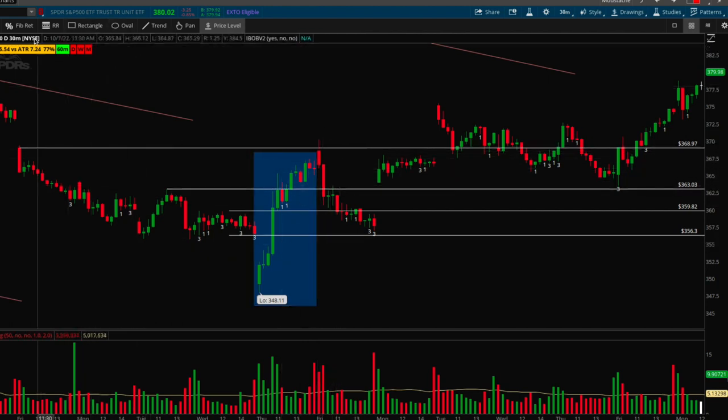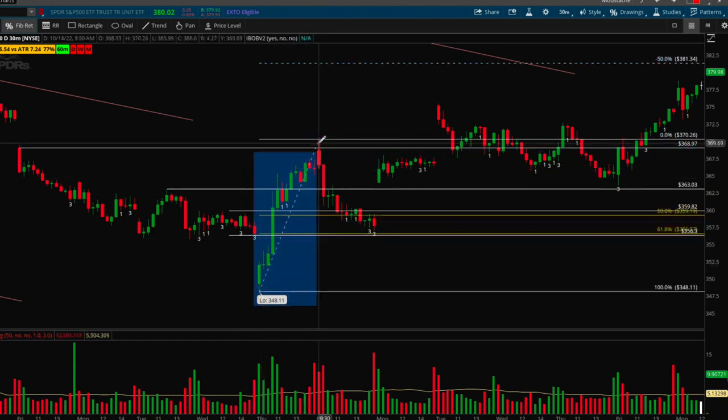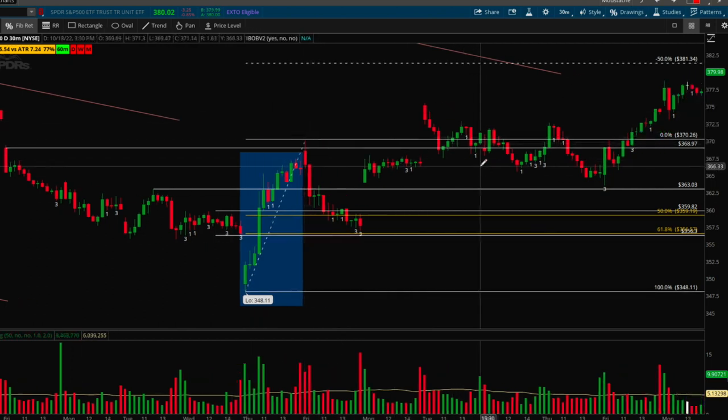So remember what I said with the fib. You can take a fib of that outside bar, the low to the high, and it didn't quite hold the 50, but it did hold above the 61.8, as well as that previous candle's low, which is a good sign. And then we gapped up. So technically you could go long here and ultimately target these highs, as well as just continuing to go long